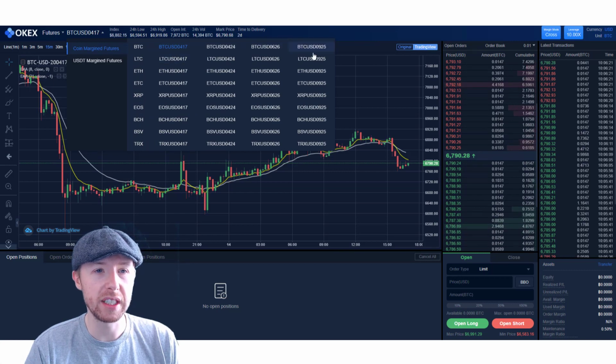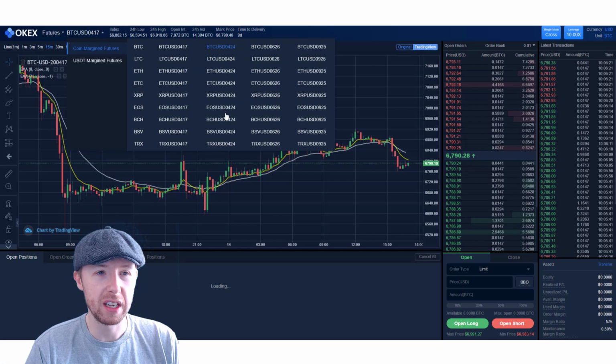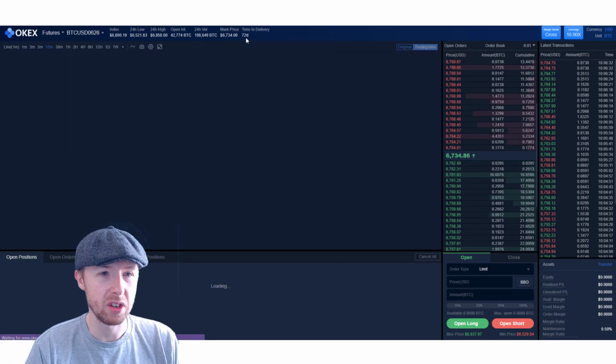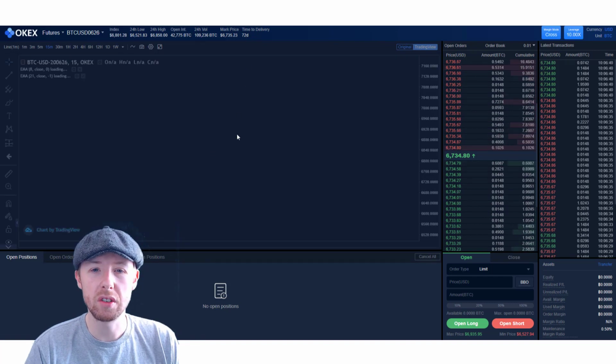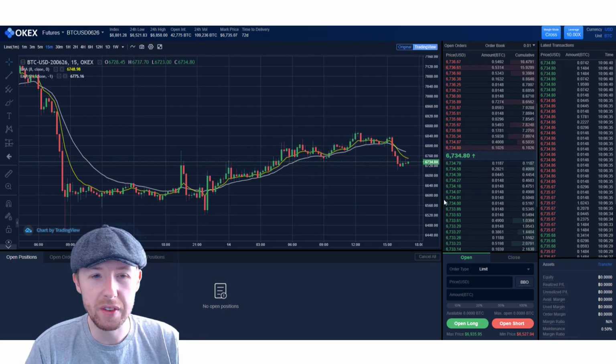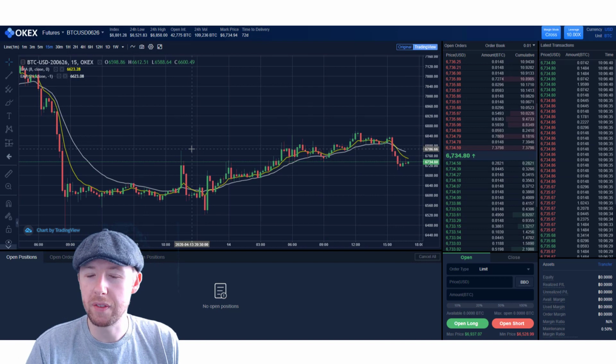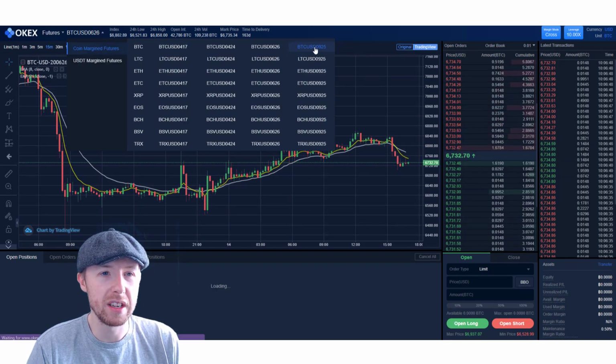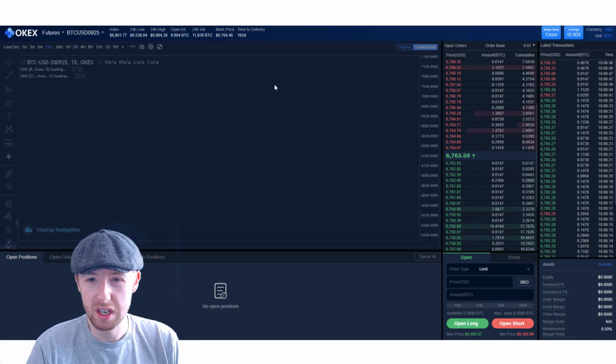These contracts here, they're all different, and they all expire at different times. So if you click on a contract here, that's got a 9-day expiry, that's got a 72-day expiry. So they're all different. They all have different liquidity, they all have different volumes. So you can pick which one. If you want to go longer term or short term, it depends on what you're going for. And this last one here, 163 days. So it's entirely up to you.